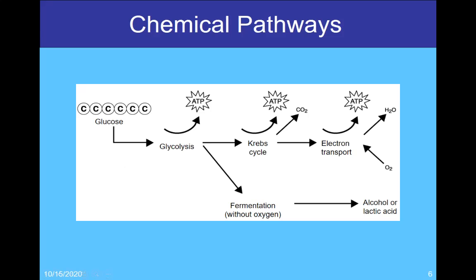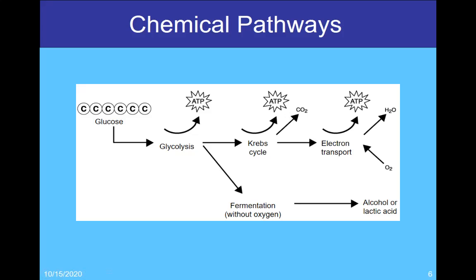Now your body has a choice to make. Does it have oxygen or does it not have oxygen? If it has oxygen, it's going to go into the mitochondria for these last 2 steps, the Krebs cycle and the electron transport chain. If not, it's going to stay out here in the cytoplasm and do fermentation, either alcoholic or lactic acid. We'll talk a little bit more about these later. This is where we see our products coming out, CO2 and H2O. But ultimately, the main goal of cellular respiration is to produce ATP for those life processes.